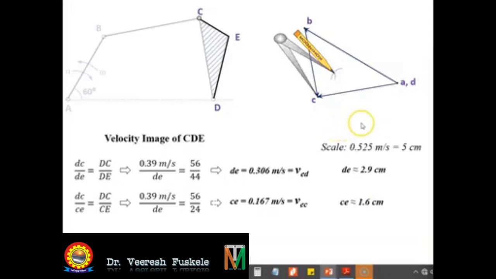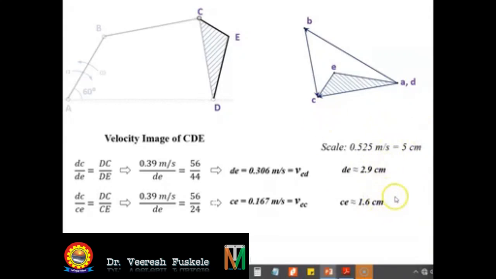The intersection of the two arcs will give us the point E. So now we can join point D to E and C to E to obtain the velocity image of the ternary link CED. So this is how we can draw the velocity diagram and the velocity image of any ternary